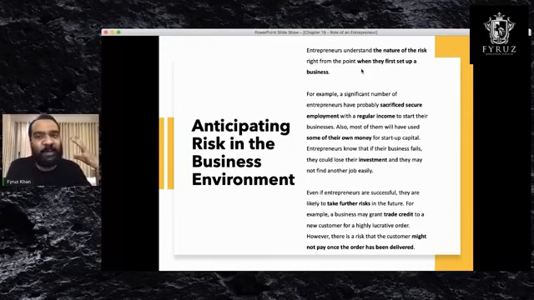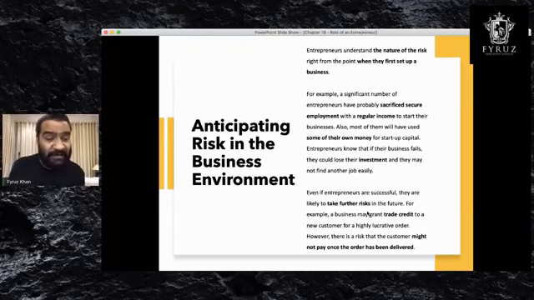Let's say you have this opportunity for a job that will pay you 1 lakh a month, but instead of taking that opportunity, you have started your own business where you have employed a lot of people. So you have to take that risk. You will have used your own money, right? And you can lose everything. And further on, you may have to take further risk. So you have to anticipate this risk all the time. Where money is involved, the risk is there.